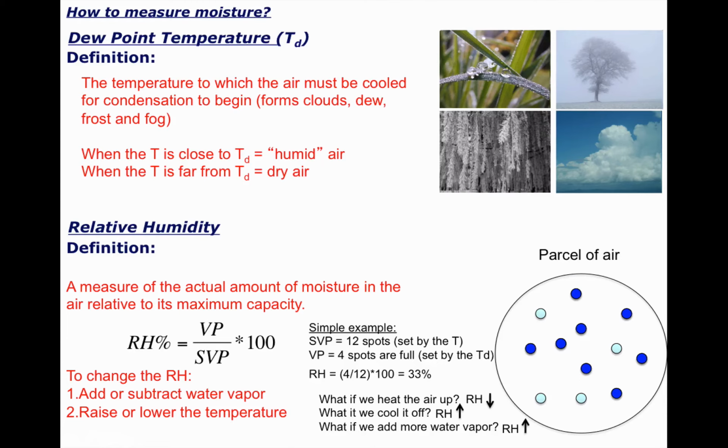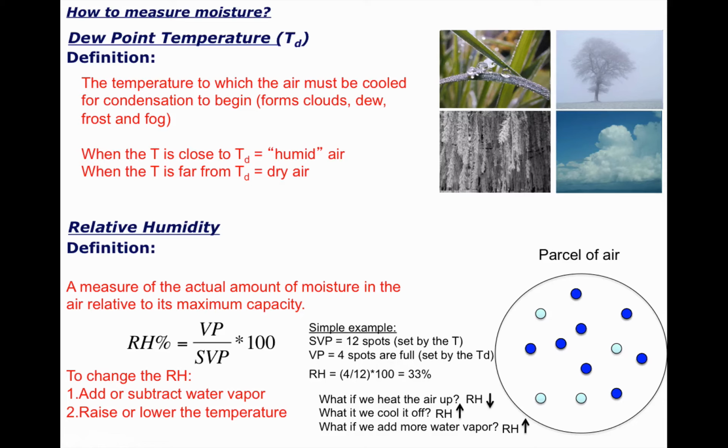You may want to use it as a way to kind of guide you in maybe your comfort level in any given day. But here's what I mean by that. Because Champaign's temperature varies so much throughout the year, the relative humidity is a poor measure of the amount of water vapor that's in the atmosphere. Here's a case in point. In the middle of winter, we could have a temperature outside that's 25 degrees and a dew point temperature that's 24. Now, when you look at that, those two values are very close to one another. And as it says up here, when temperature is close to the dew point, you have very humid air, high relative humidity. But in reality, the air is still extremely dry because cold air cannot contain much water vapor.